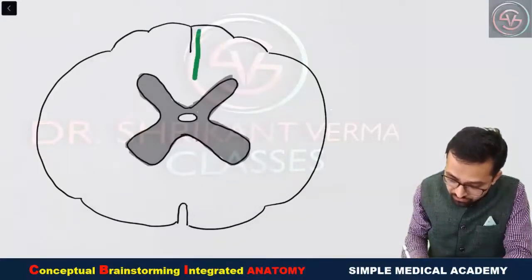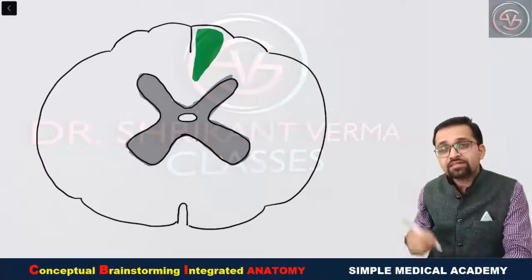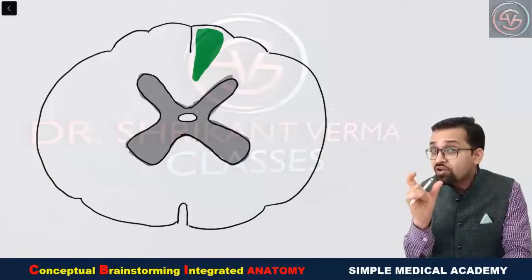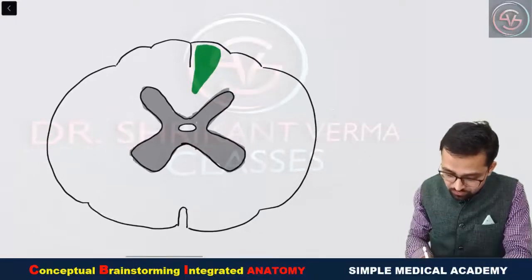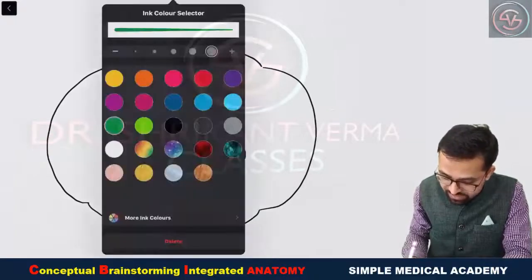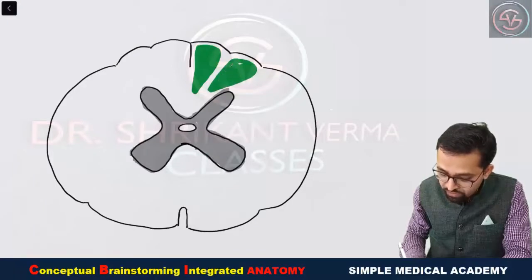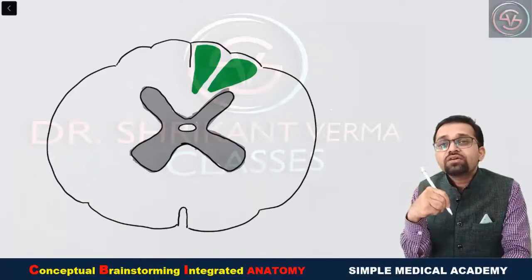On the posterior side there is one bundle of axons that is known as fasciculus gracilis. We will observe that this will pass under the gracile tubercle of the medulla. That's why it is known as gracilis, and it is a bundle of axons. A bundle of axons is also known as a fasciculus. So this is fasciculus gracilis on the medial side, and just lateral to it there is another bundle of axons, the fasciculus cuneatus. Fascicle means bundle of axons, and because it passes through the cuneate tubercle of the medulla, that's why the term cuneatus is used.